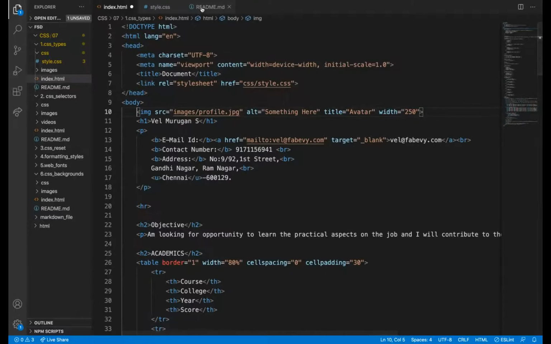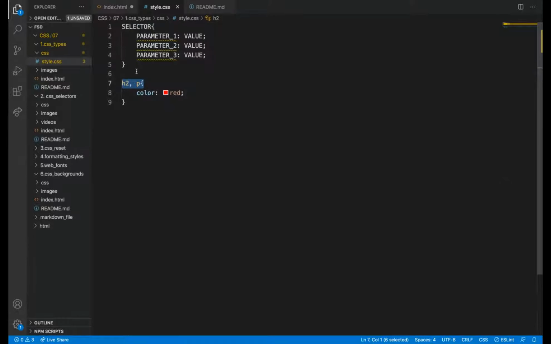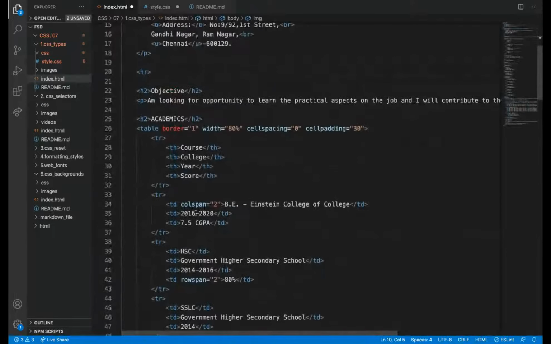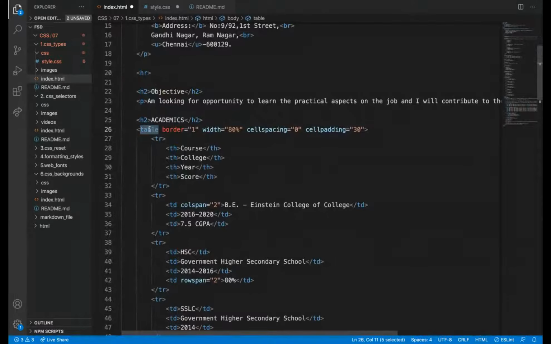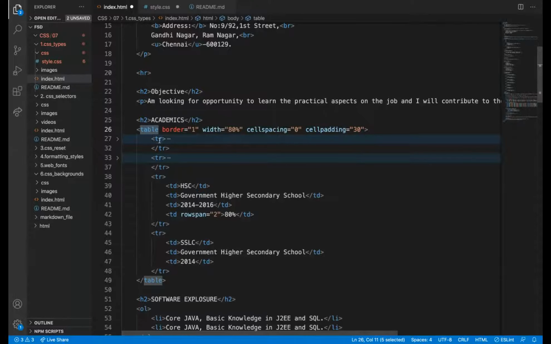So firstly, we'll see an example for descendant. I can write the same example. We will take a table here. For this table, TR is the child actually, because that is the immediate tag to the table.